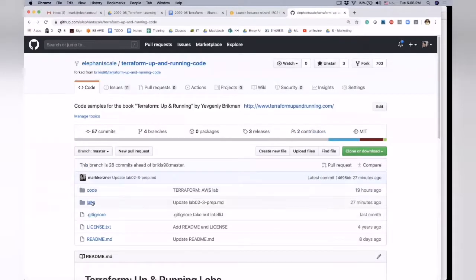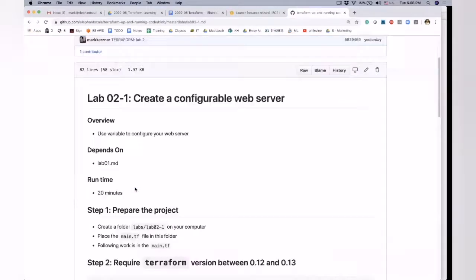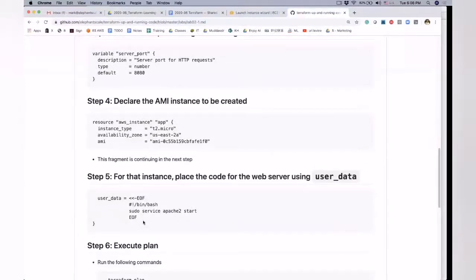Okay, that's all in the labs now here. And let's start with the simplest possible lab. It will probably already have that. So that's the user data. What I need to put in the user data is not all of that, because EOF and EOF here, that is just the notation of Terraform. But what I need to do is just this, that's all.